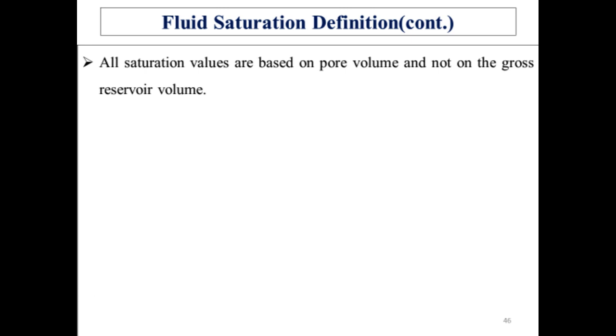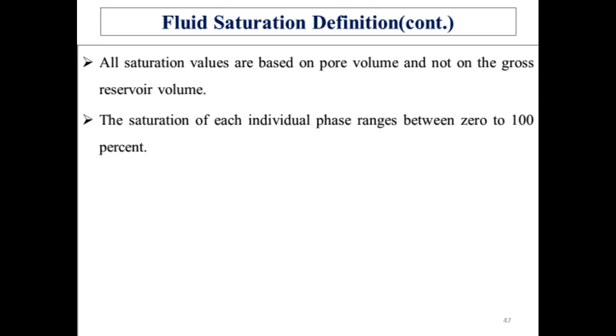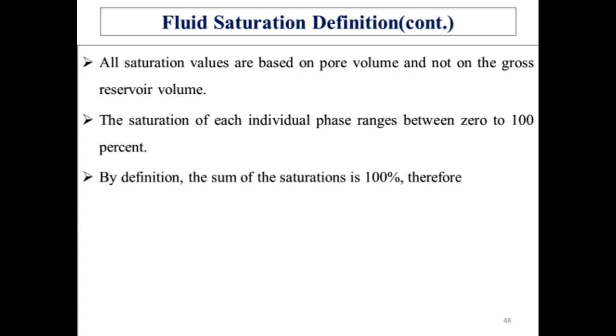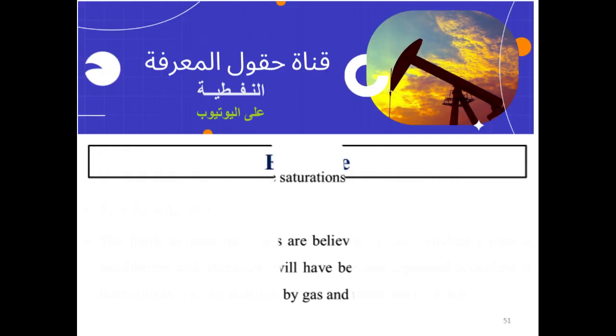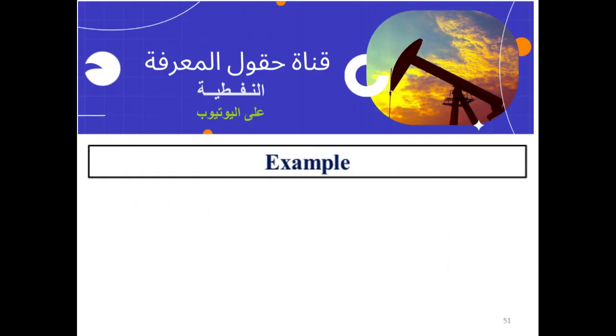All saturation values are based on pore volume and not on the gross reservoir volume. The saturation of each individual phase ranges between 0 and 100%. By definition, the sum of the saturations is 100%. Therefore, the fluids in most reservoirs are believed to have reached a state of equilibrium and will have become separated according to their density, i.e., oil overlain by gas and underlain by water. Example: